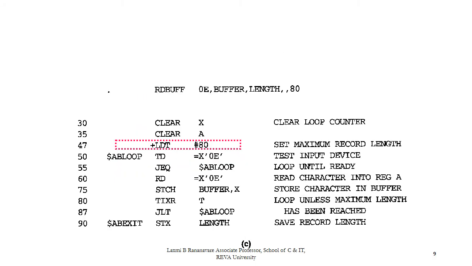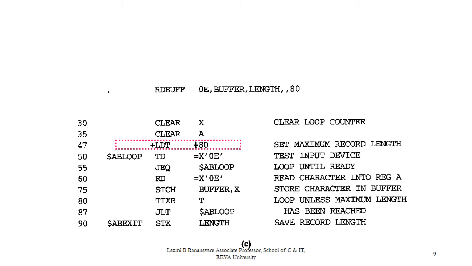Next call is for this read buffer call: 0E, buffer, length, then empty, and then 80. So EOR in this case is empty, that is blank, and the maximum length is 80. Now this also is commented, and in this location wherever the macro is called, we are going to place those set of instructions. So as usual, clear X, we are going to clear the register S,